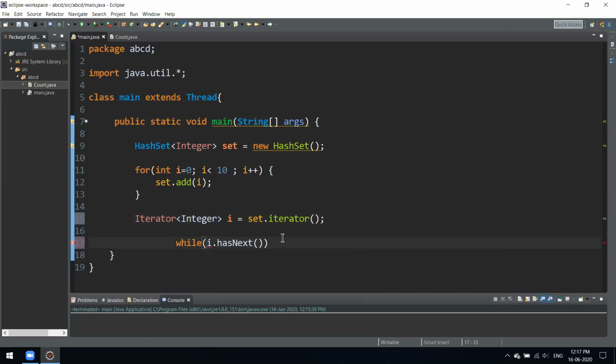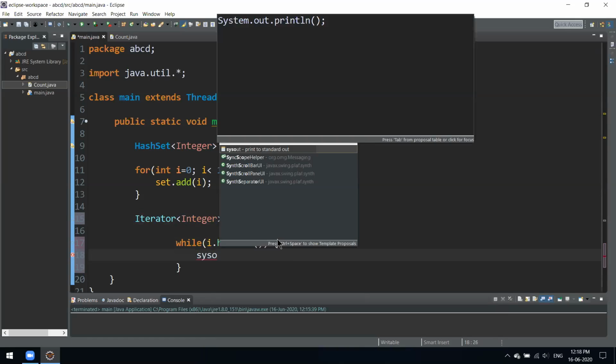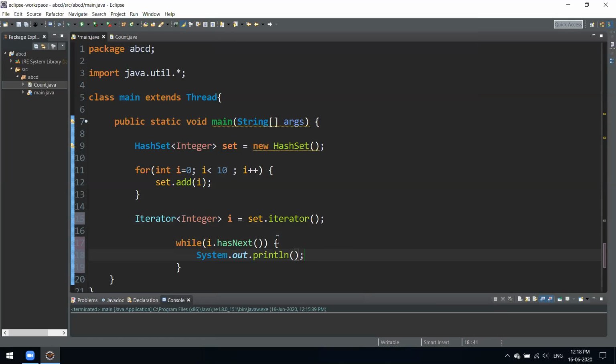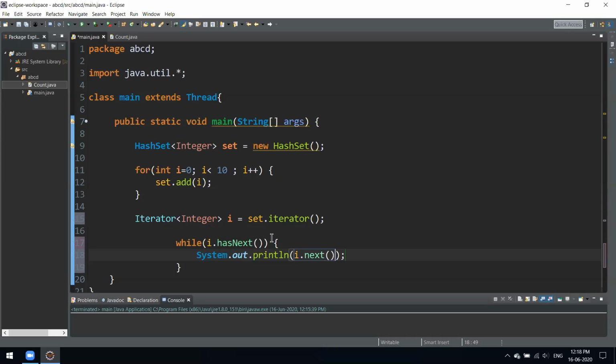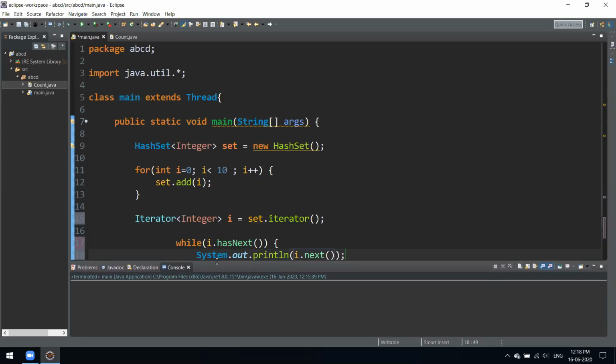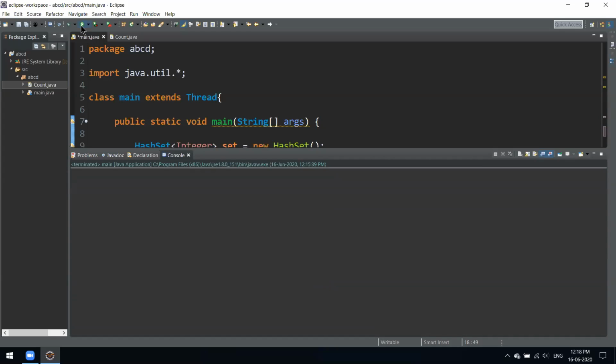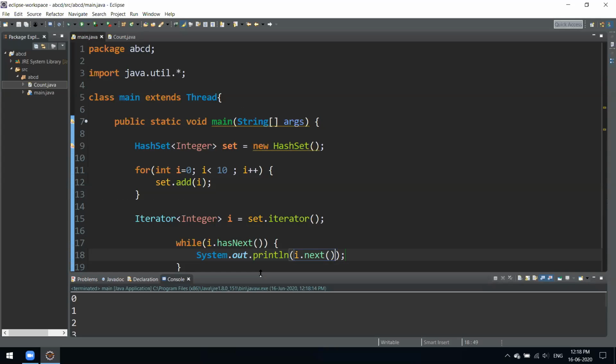Now we can use hasNext to check the condition, and we can directly print out whatever we have. You have to notice what we get when we print. The output would be a little bit weird. Let's see what we get. We didn't have many elements, but normally if you have strings or a huge data set, the output comes out in a random order.